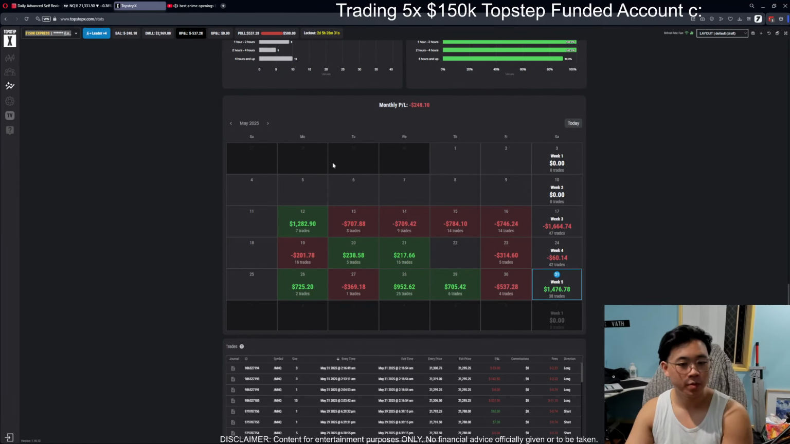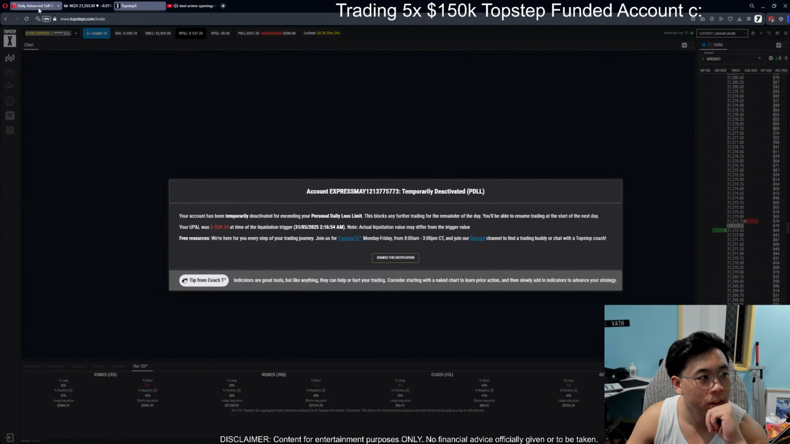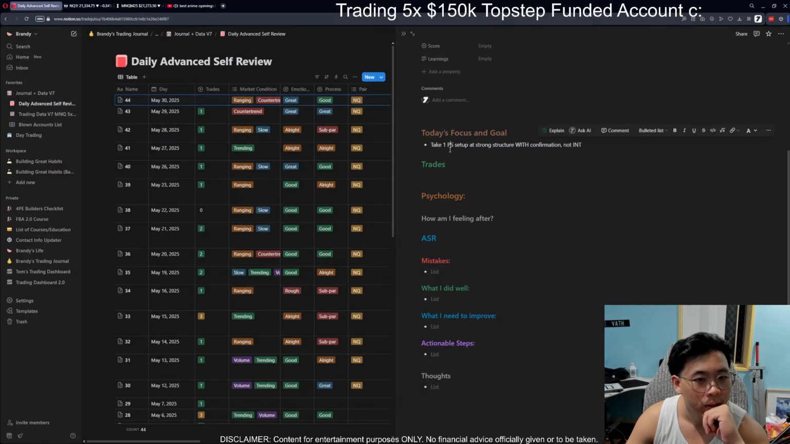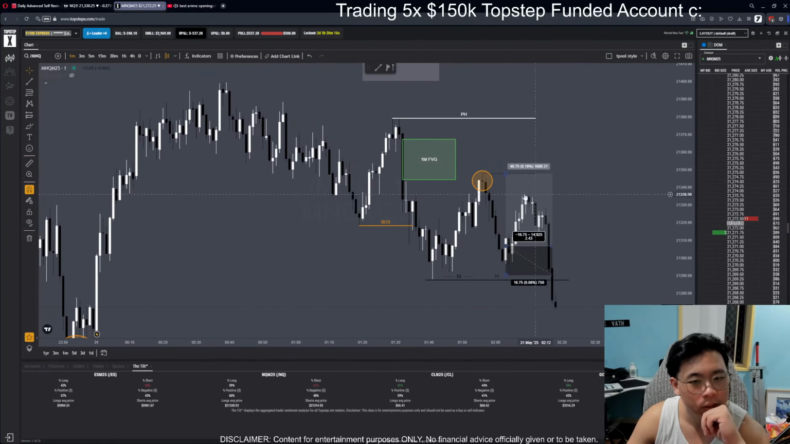So that's a good session in my opinion. I stuck to my rules. I took a one protected structure setup at strong structure with confirmation. So we did exactly that. Stuck to our rules. Maybe I could work on